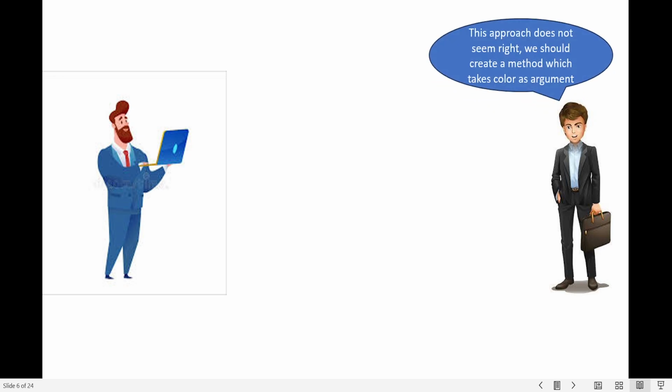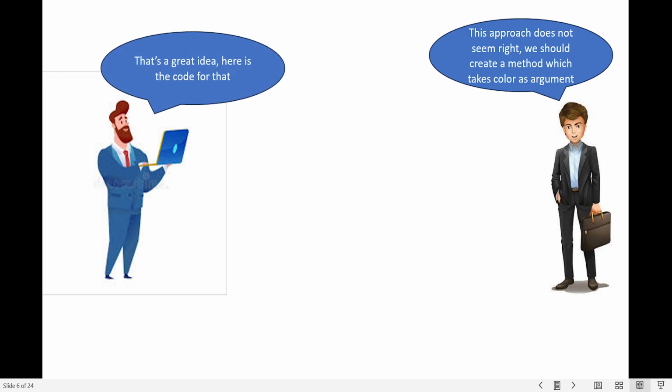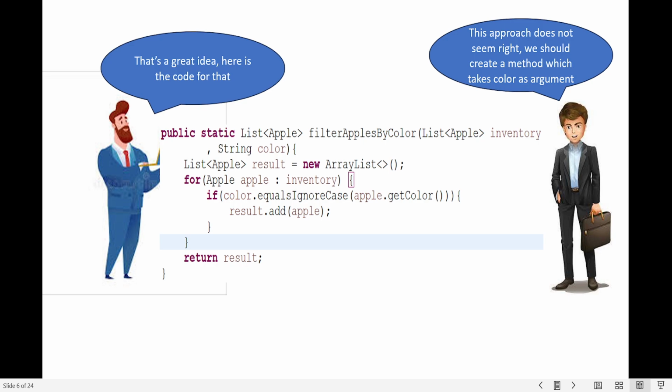Then our lead thinks that this approach does not seem right. We should create a method which takes color as argument. So the developer likes the idea and he writes the code. If you see our new version, along with inventory, we are taking color as input. So this code provides us the flexibility that we can filter any color of apple. If you want to filter red apples, you can simply pass red in this color. If you want to filter green apples, then you can simply send green as input in color, or blue, black,